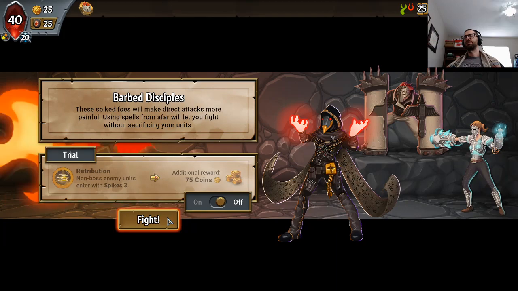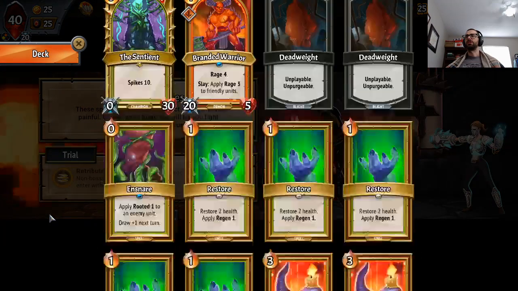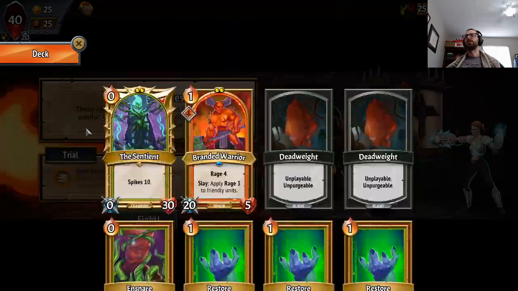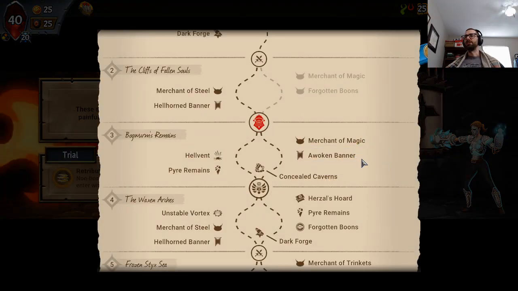I think I can do this trial. Do I need the money for the next floor? Next floor there is a hell vent, and none of my cards are good enough to copy. We don't need a 4th rage card. That's a little bit ridiculous. So we're going to a Merchant of Magic and getting an Awoken unit. And to incentivize us to go this way,